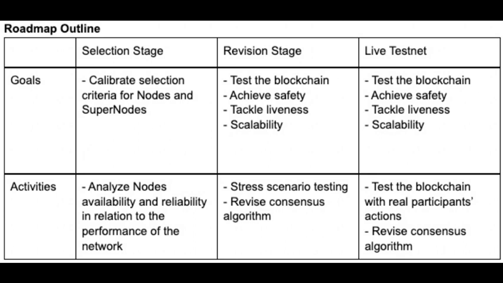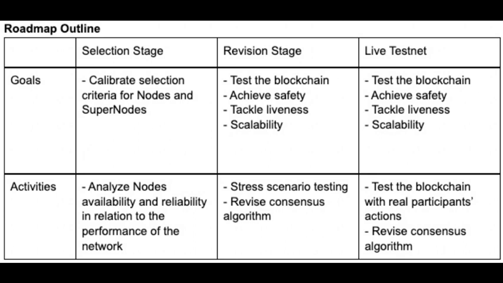Testnet roadmap. Testnet will be composed of 3 stages. Selection stage: the core team will run the consensus algorithm with pioneers who have applied to become nodes and successfully completed installing all necessary packages for the blockchain component on their computer. These tests will enable us to understand the requirements for individual nodes, for example, hardware, duration online, bandwidth, stability of connection, etc., needed to achieve a reliable and secure network.